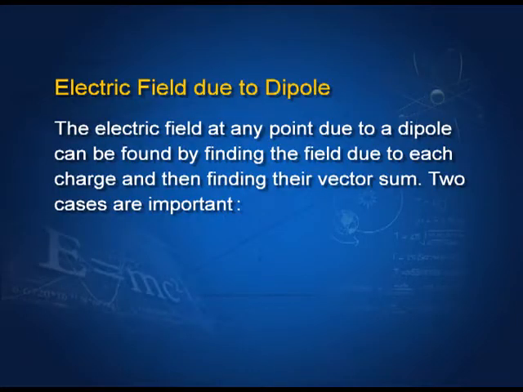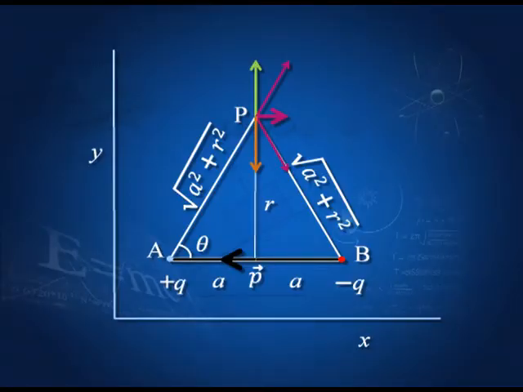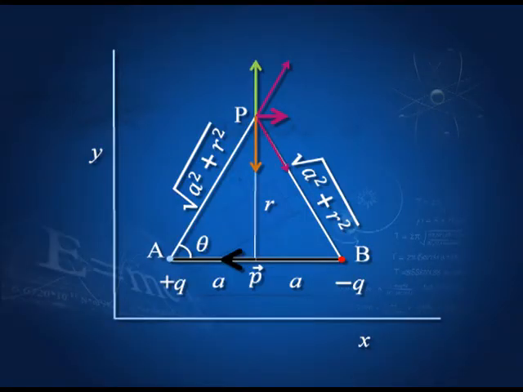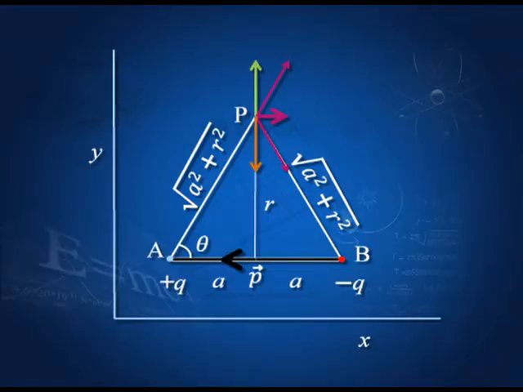Let us now find the electric field due to a dipole. It is a very simple thing. This is a positive charge, this is a negative charge. So, we find the field at the point P due to the positive charge, and due to this negative charge we find the field at the point P, and then we compound the two fields. This point P is on the equatorial line of the dipole, the line that divides the dipole into two equal parts and is perpendicular to the axis of the dipole. The field due to the charge plus q is in this direction, and the field due to